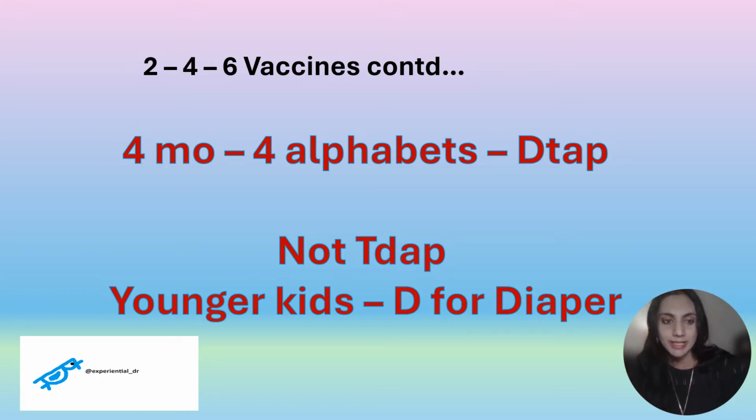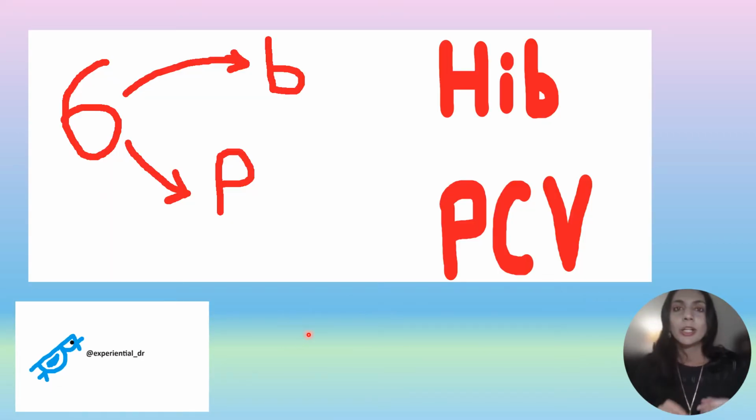Now let's move to number 6. You can imagine the number 6 as the lowercase alphabet b, as you can see in the picture here, to help you better with the visual imagery. And this should help you remember Hib, the Haemophilus influenzae b vaccine. If you flip number 6 upside down, it becomes the alphabet P, and this should help you remember pneumococcal vaccine,